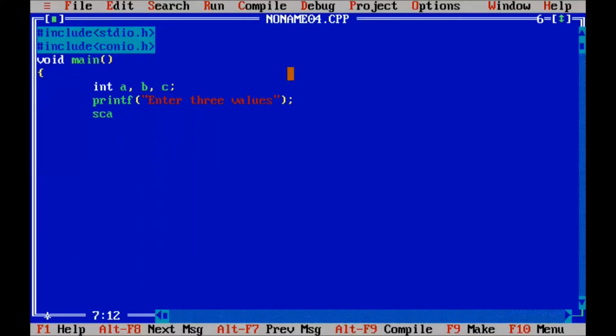We use the scanf function with %d, %d, %d. We use three %d because we enter three values and store three values: ampersand a, ampersand b, ampersand c.